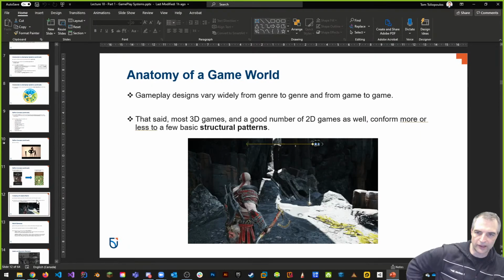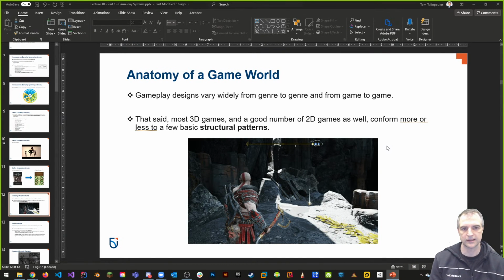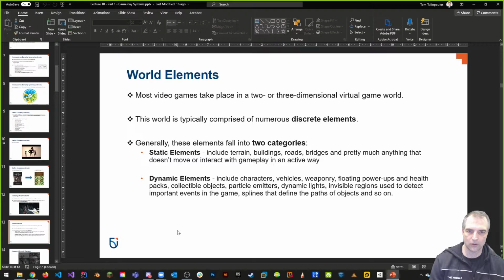So you've got your story elements, and now we've got to think about the game world itself. Once you've got your story elements, we move into structural patterns for gameplay, right? So we want to create different kinds of elements in your world that we're going to be talking about. Let's talk about those. So there's basically two types of elements, and there are numerous discrete elements, but the two types that we talk about a lot